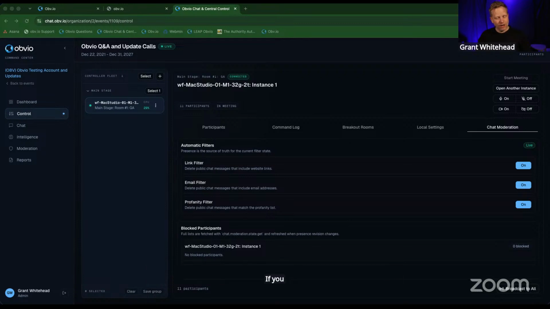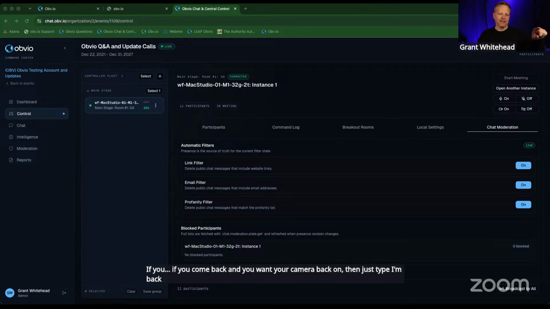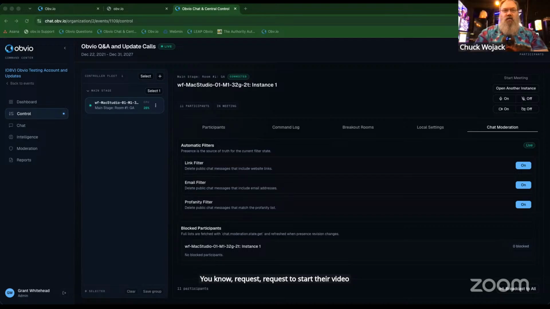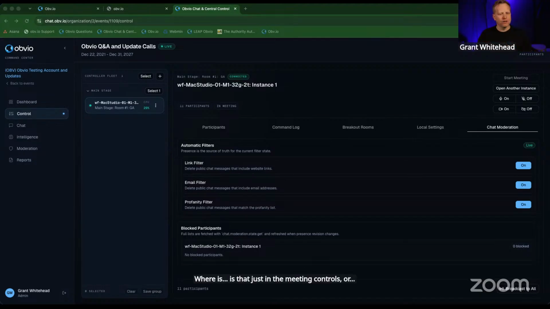If you come back and you want your camera back on, then just type 'I'm back,' and then we auto send them a request to start their video. Where is that, just in the meeting controls? Yeah, so meeting controls, and then you'll see just down the gallery